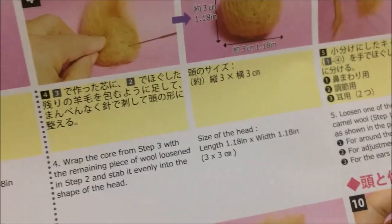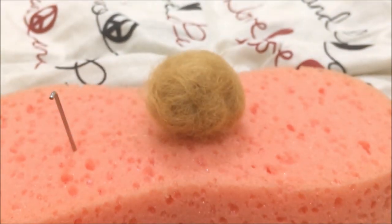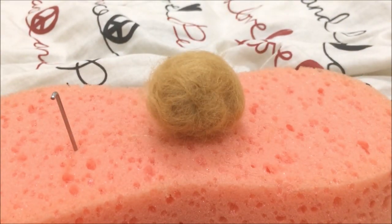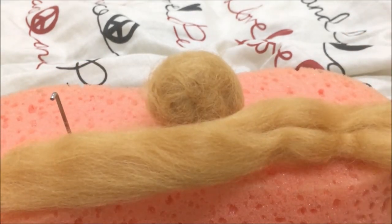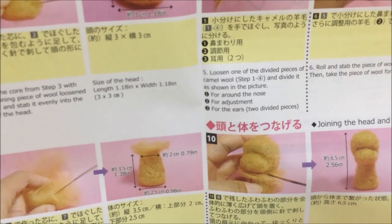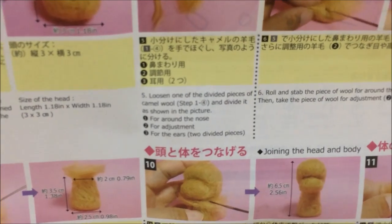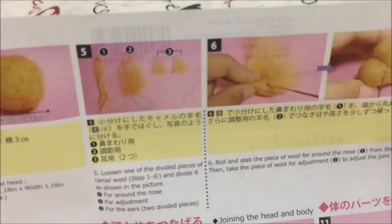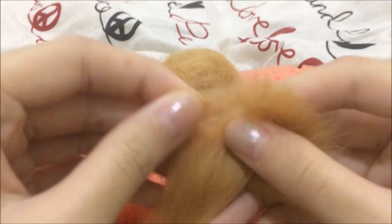What? Okay. So we gotta take our other camel wool. I don't know why they call it camel wool, but okay. This. And wait, do we like divide this completely? Because I don't know how big its ears should be. Ugh. God. Will they ever need more wool? Okay, so you're gonna need more wool later for the body and the nose. So we're just gonna take a bit from this for...